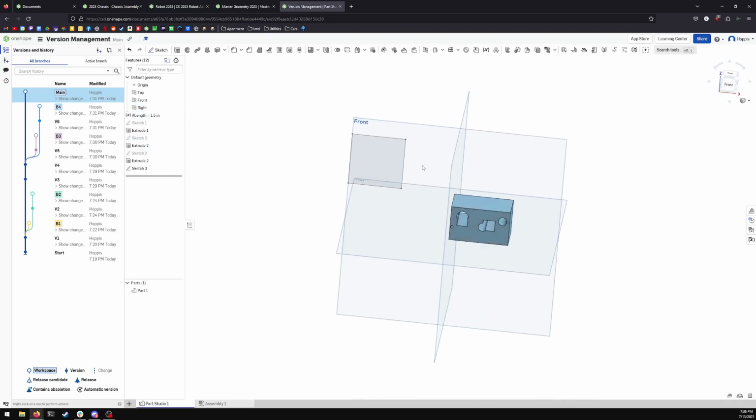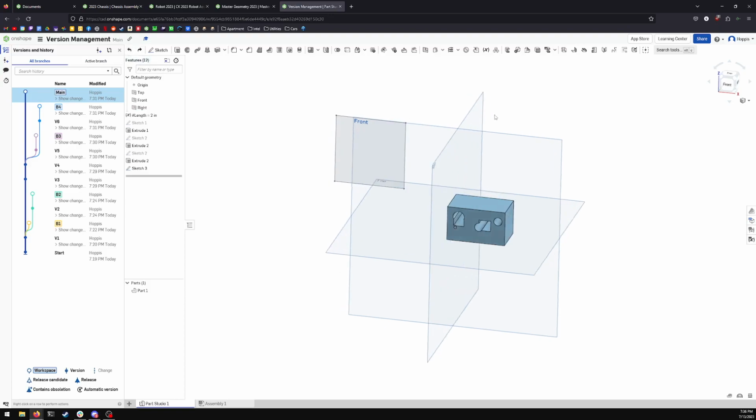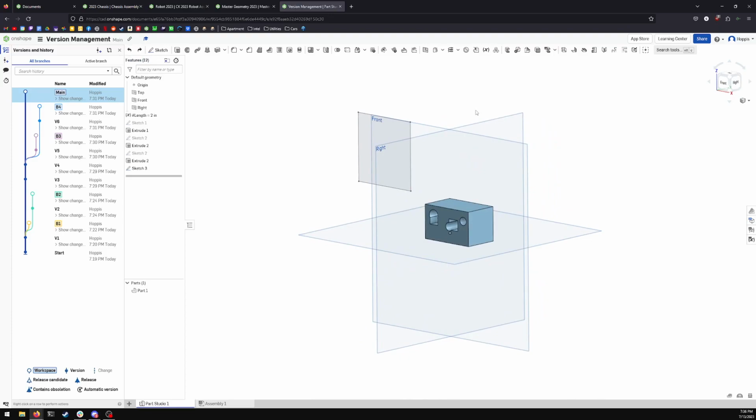Then it rolls it forward. Now it's changed. You go back and forth, you can kind of see how it updates live. It's really nice. Say you had your wheel diameter defined for your robot, and halfway through the season